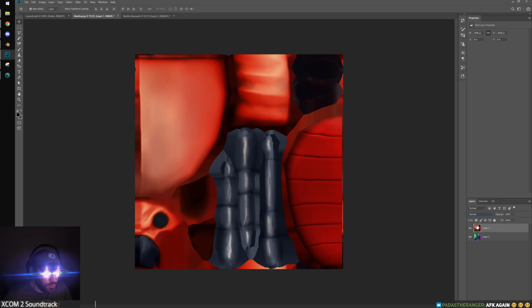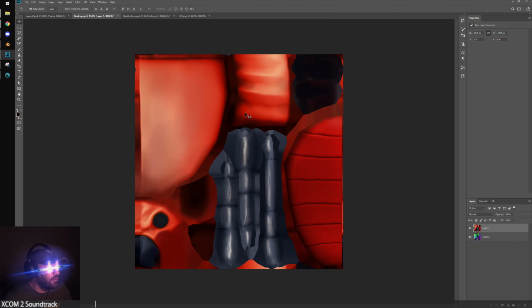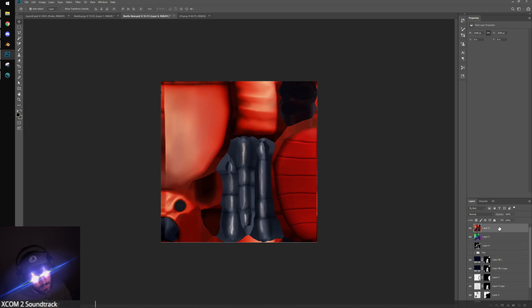Because the legs are not painted as well. Actually, what I should probably just do is take this and put it in here. And then I can